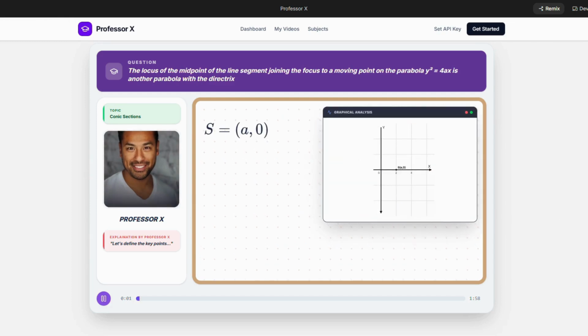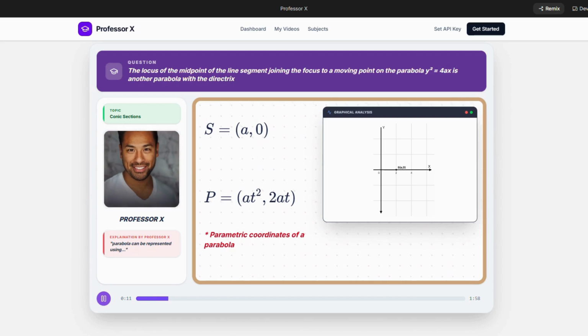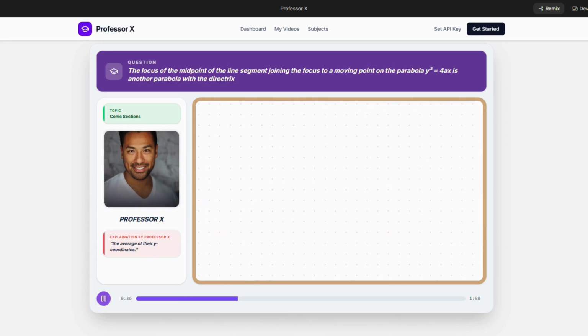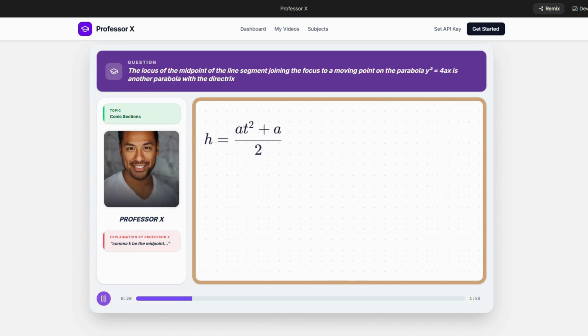Let's define the key points in this problem. The focus of the standard parabola y squared equals 4x is S at (a, 0). Any arbitrary moving point P on this parabola can be represented using parametric coordinates as (at squared, 2at), where t is the parameter. Let M with coordinates (h, k) be the midpoint of the line segment joining the focus S